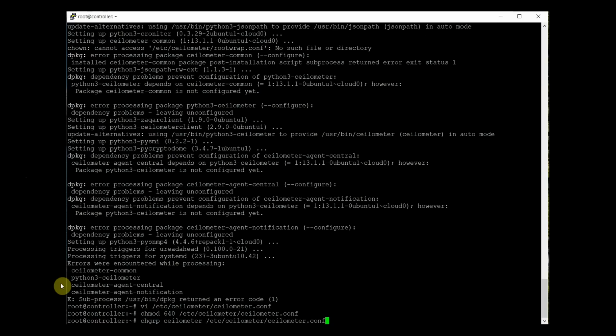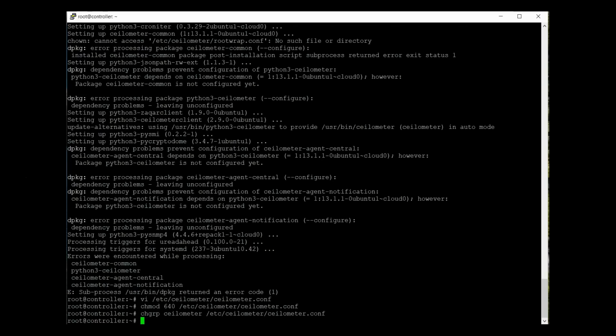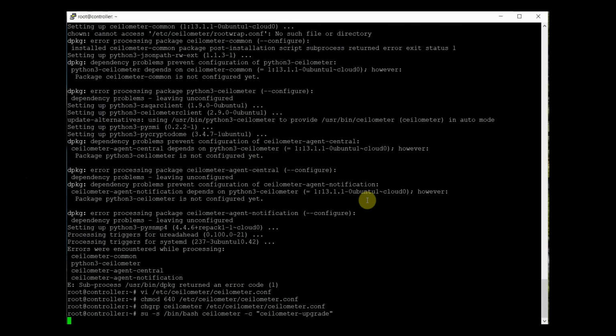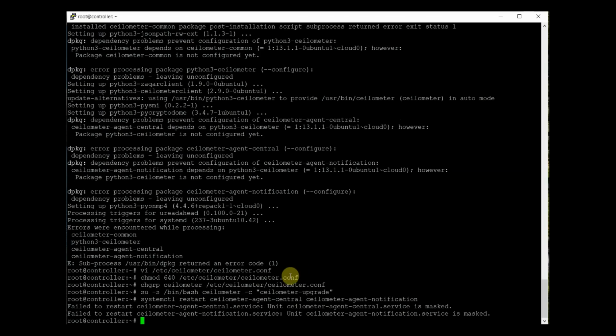So this is change group. Now upgrade the database based on the configuration file. The configuration file was not there earlier, now it is there. Now start and enable the service. There is no output expected from the previous command.